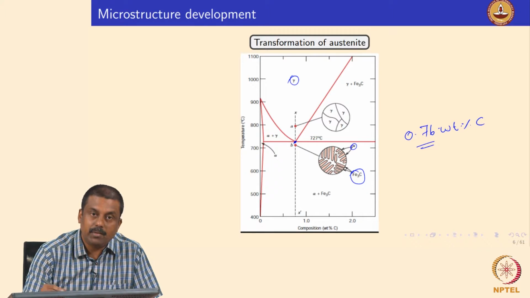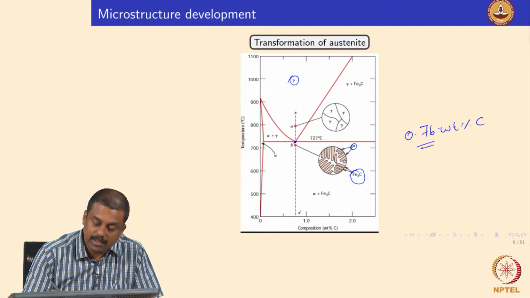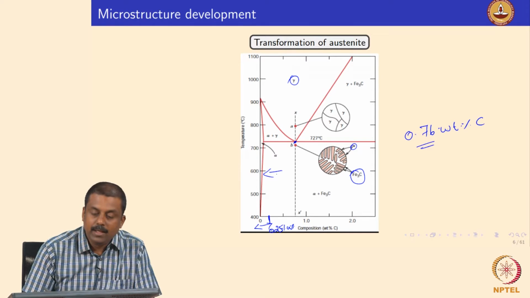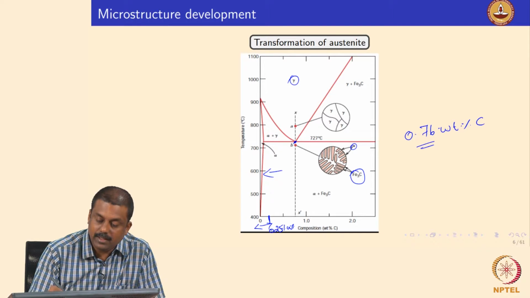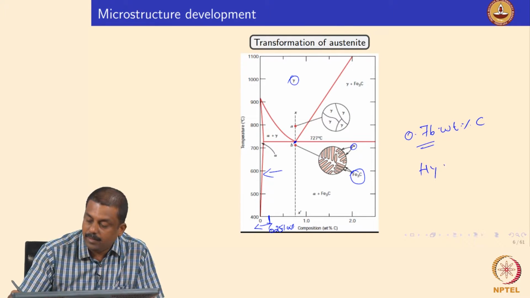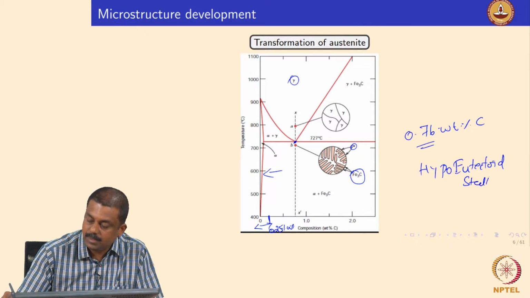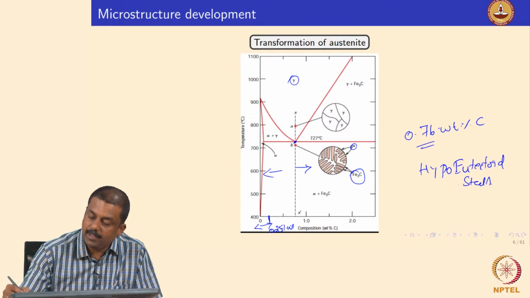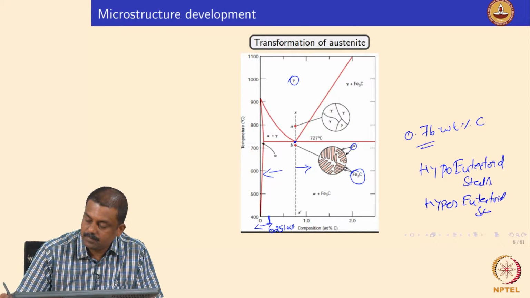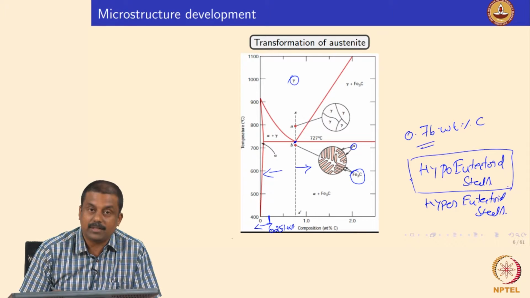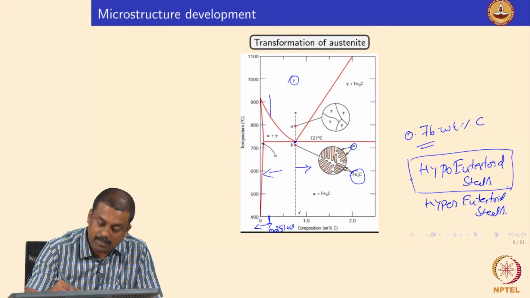Suppose, as I already explained, our advanced austenitic steels contain carbon concentration in between around say 0.05 to 0.25 weight percent, right. Then the steel composition lies in this region. Okay. So, we define the steel compositions that are less than the eutectoid composition as hypoeutectoid steels, because the carbon concentration is less than the eutectoid point. Okay, hypoeutectoid steels. The steels having carbon concentration above the eutectoid point are known as hypereutectoid steels. Right. So, our advanced steels are all hypoeutectoid steels, where the carbon concentration is less than the eutectoid composition, right. So, as I already explained in the previous slide, our composition lies somewhere over here,